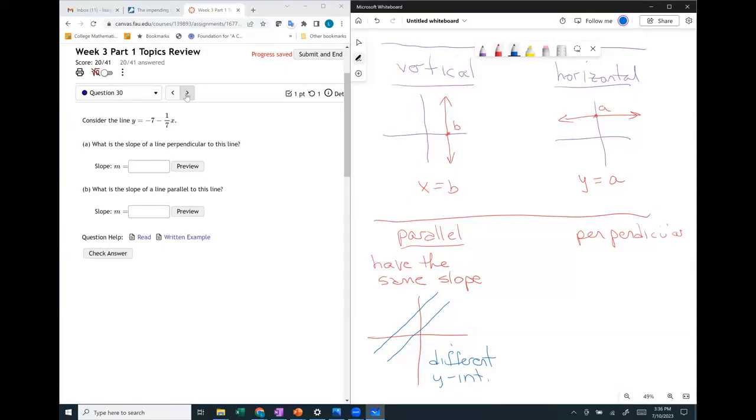Perpendicular lines have slopes that are negative reciprocals. Let me explain what that means. So if I have the slope of the first line is equal to 1/2,